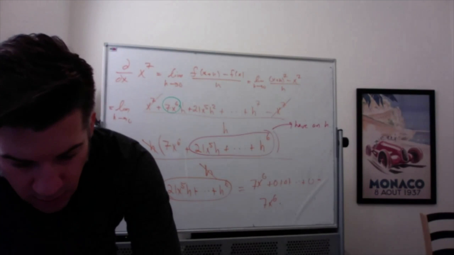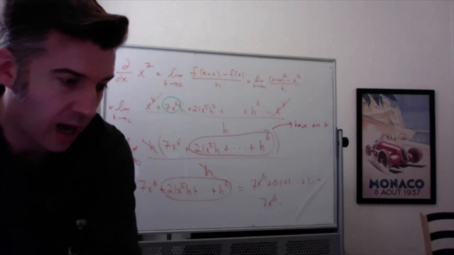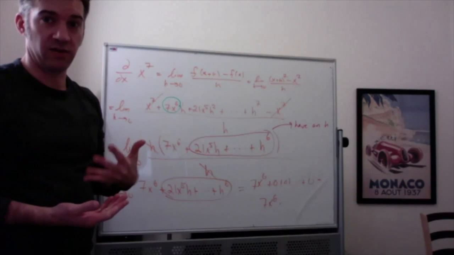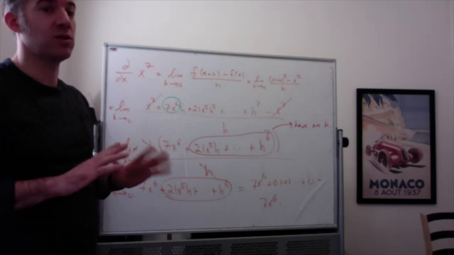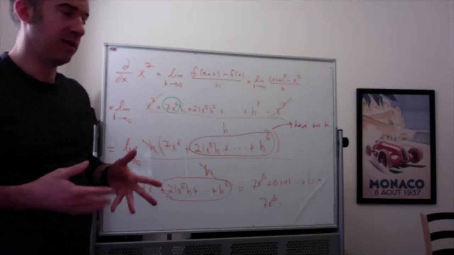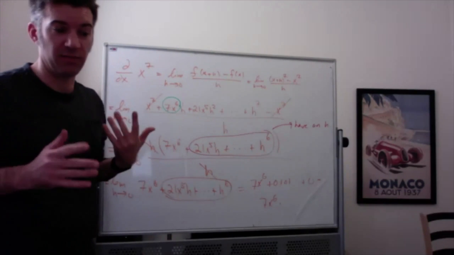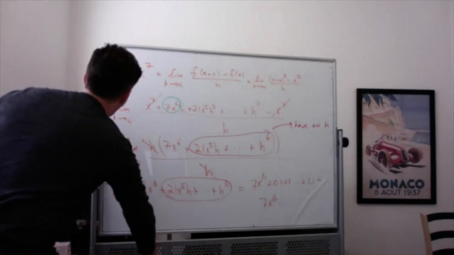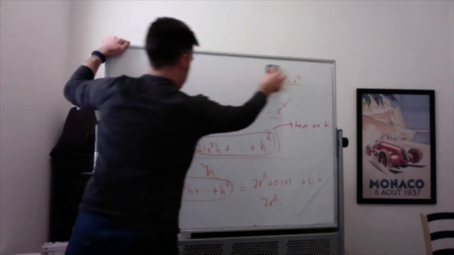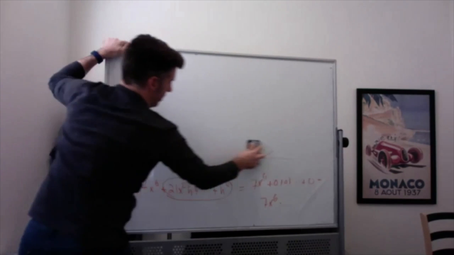Since you said it only goes for positive, what do you do if it's like a negative? So here's what I'm saying. I'm not saying it's only true for positive integers. I'm saying we can only prove it this way for positive integers. So no one's going to ask you to prove the power rule, but I'm just saying it is true for any number. In fact, let me show you some examples. So yes, the power rule works for any number. And so it is for any power, I should say. So it is definitely true that,